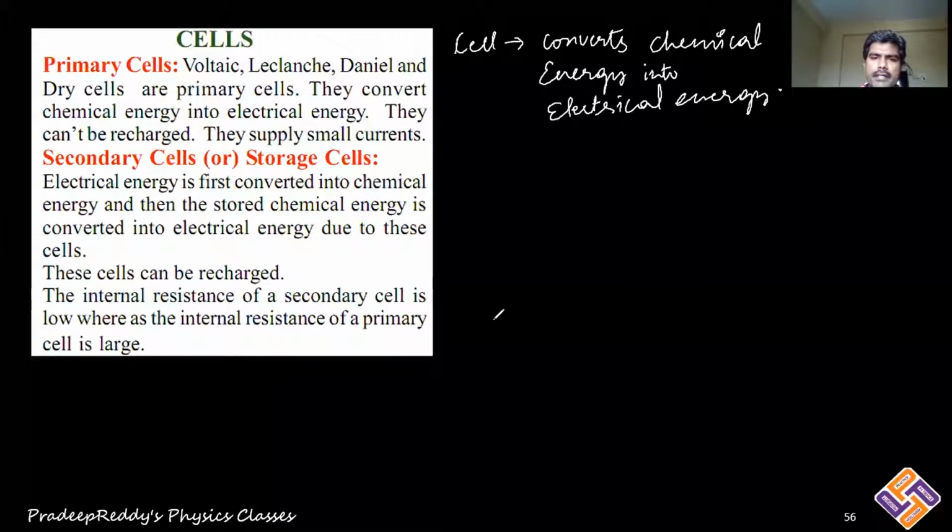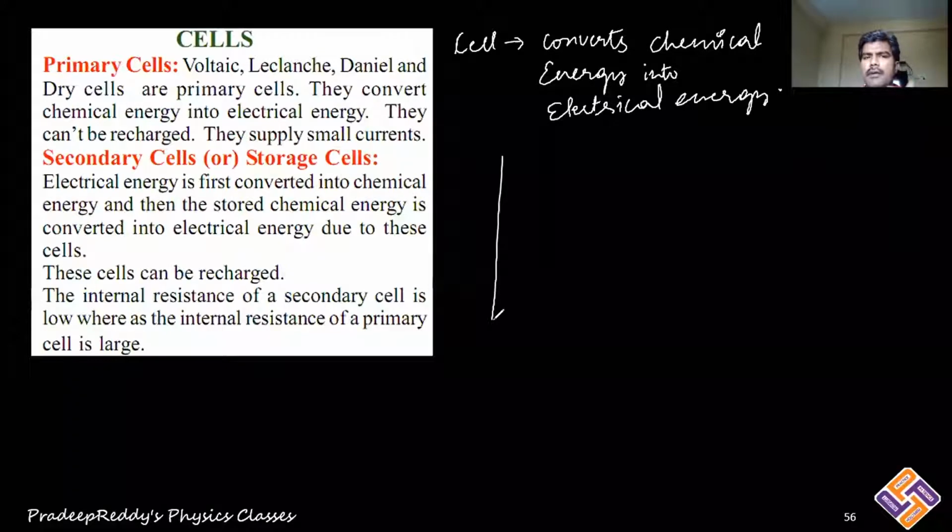The basic components of the cell are like, of course, there are different types of cells. You will be learning about different types of cells, primary cells, secondary cells in electrochemistry. So I am not going deep into this concept about cells and battery. I'll just give you a brief introduction and then we will enter into our current electricity topic. We are not going to discuss more things about chemical reactions.